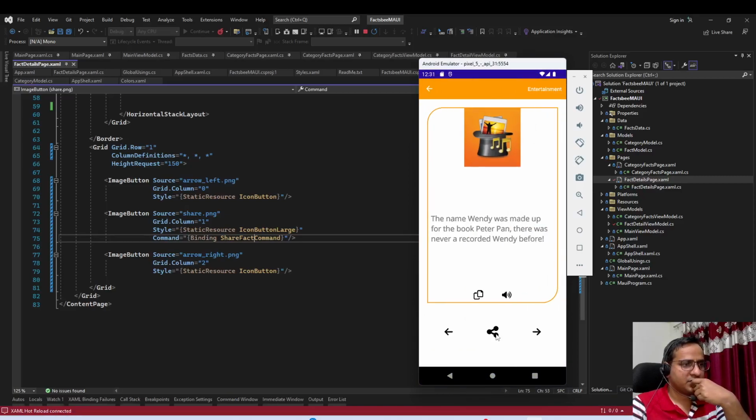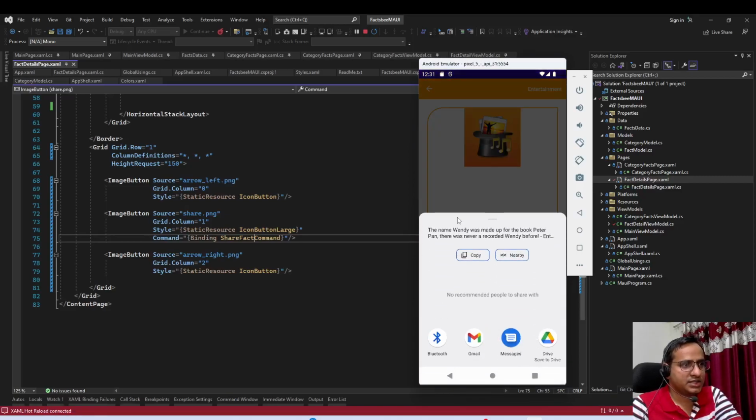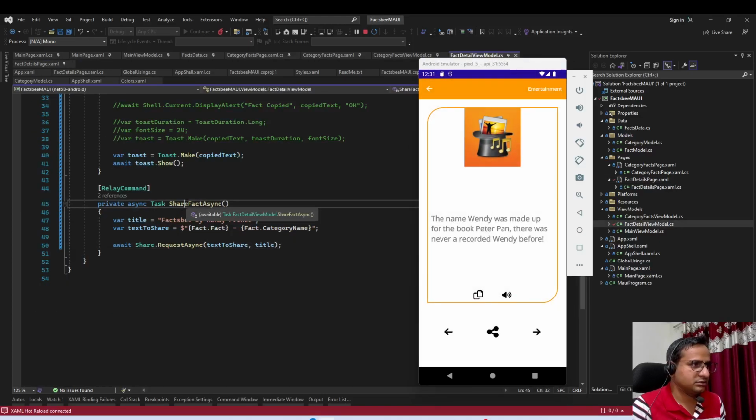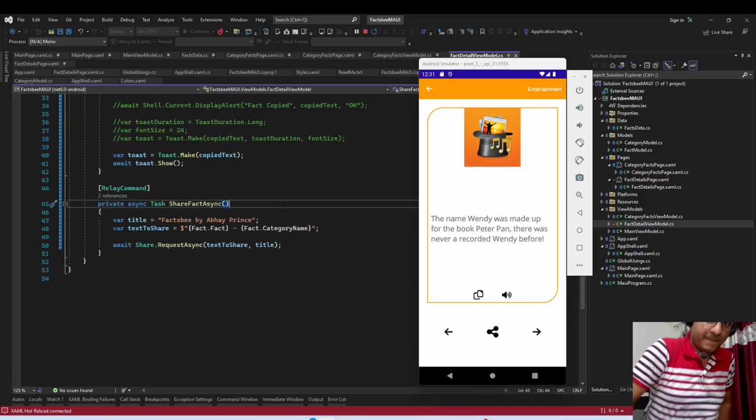Detail page, share, and this is a sharing intent. So we have all these apps installed in maybe your mobile phone. You will see all other apps here, WhatsApp, Telegram, or all other things. So we have this, right? Using this we can use the sharing mechanism. So we are done with share, we are done with copy, we are done with speaking, and now okay,